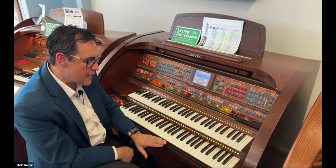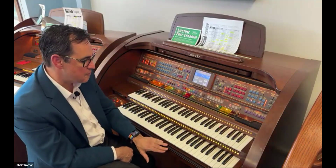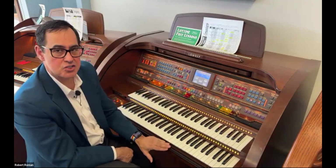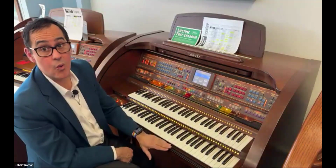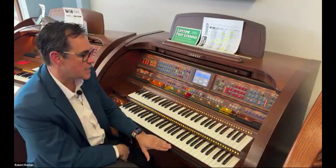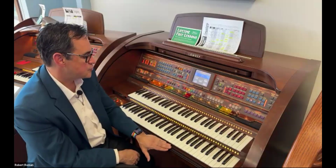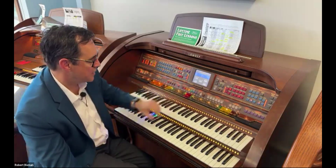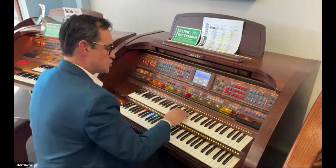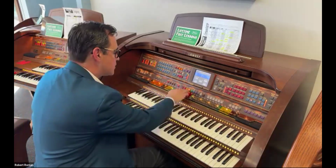And Lowrey had a major breakthrough with the touch bar, that you can change the touch bar in some cases up to 13, 14, or more ways depending on the size of the model that you had. So for example, if I was playing a Hawaiian music and I don't want to use the foot switch to try to, let me put on a good,